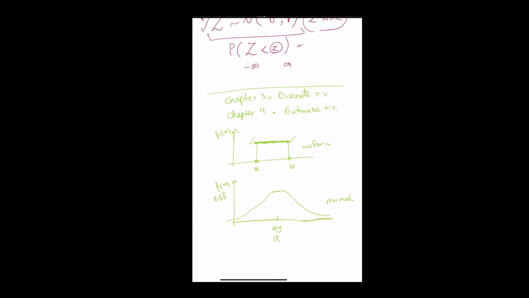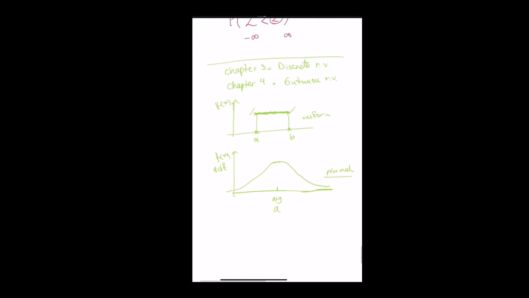This is how a normal random variable would look, which means for a normal random variable X with average A and some variance, the values around the average have a higher chance of happening. And if you get too far from the average,